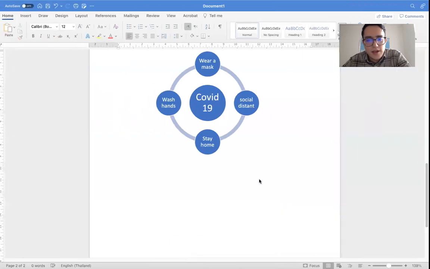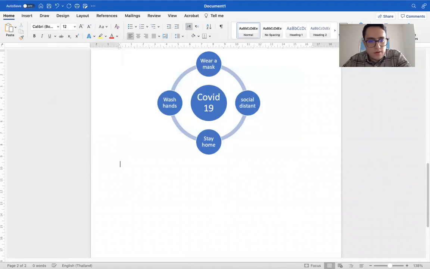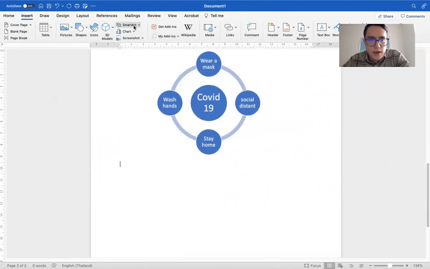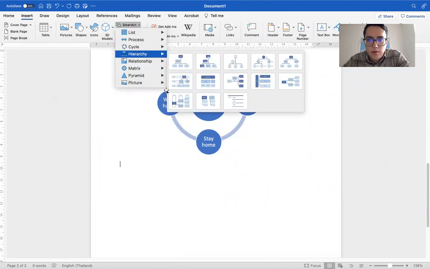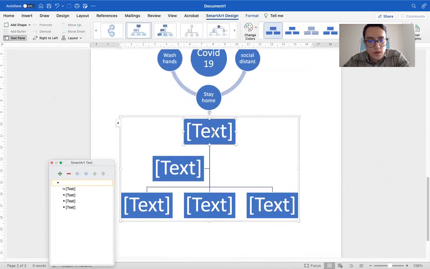Next, we have hierarchy. You come to hierarchy, you can choose again many types, so you can choose which one you want. Let's choose the first one for now. You can write down the head. So don't forget, this can be like an organization chart or a family tree. So we can write down